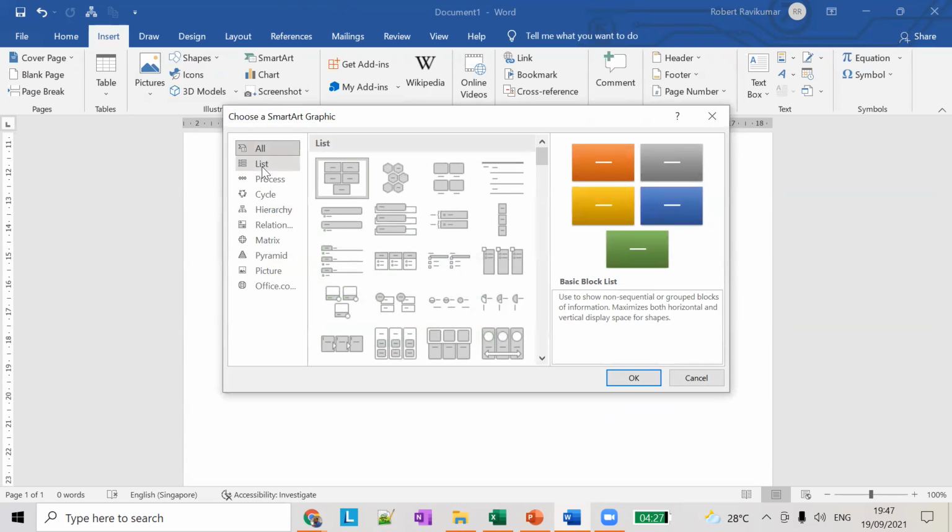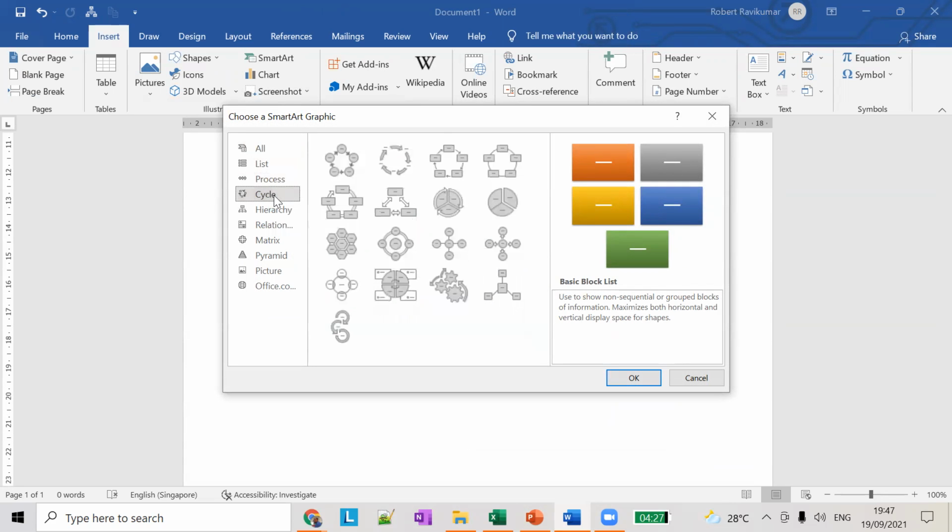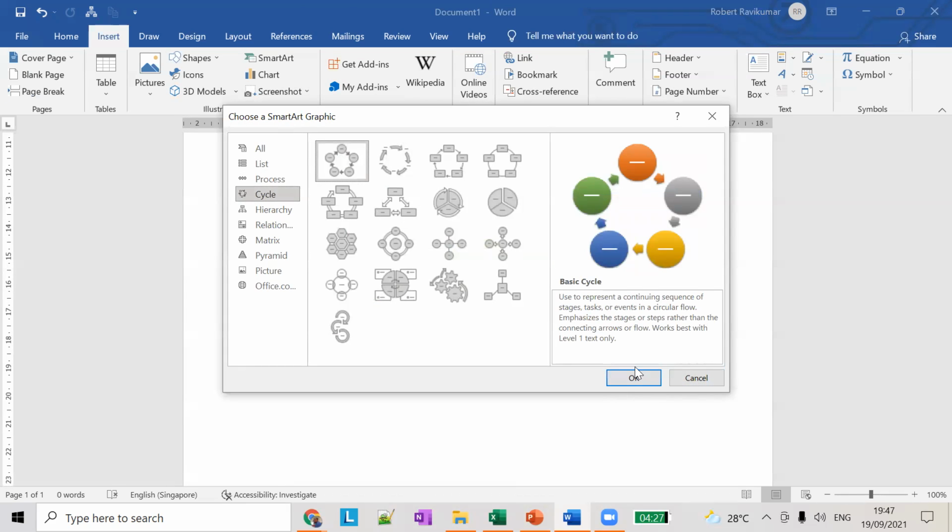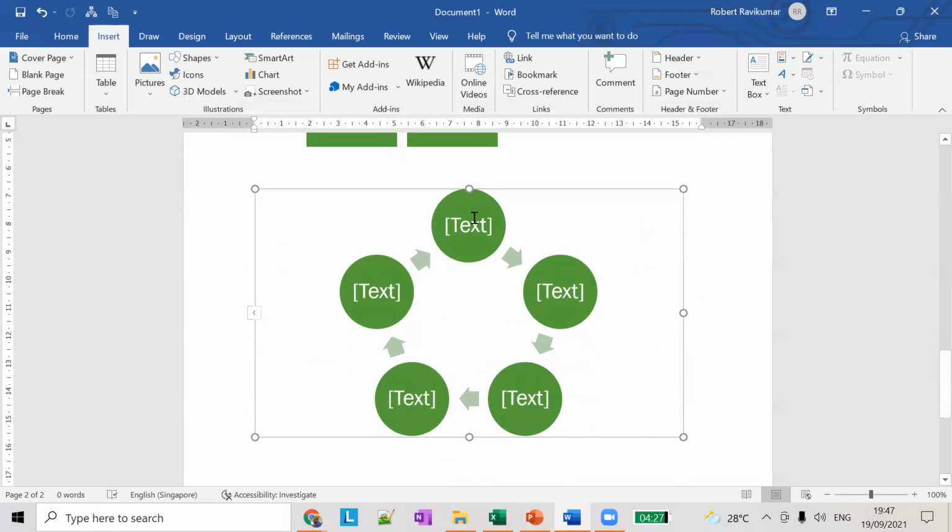You can go to insert. If you want to add a cycle, you can do it. Let's say a basic cycle. Okay, so here you can see the cycle structure. So if you want to add plastic recycling, how to recycle plastic?